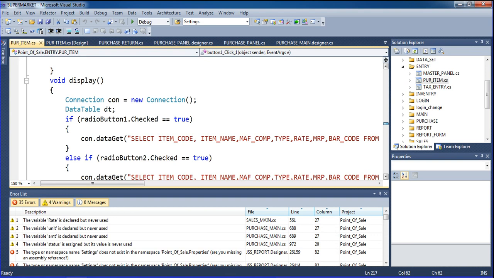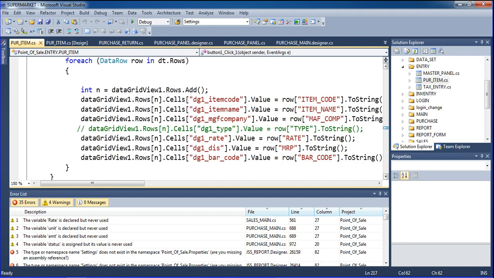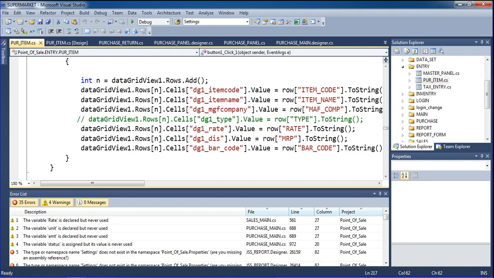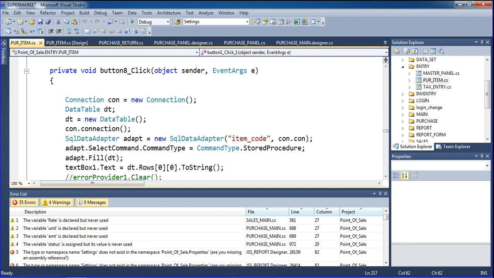The item code and the two radio button concept I also told you about, so like this you search from the data table to this data grid view. Now go to the automatically generated item code, what I declared as the last event. The code is automatically generated. Here I am using the stored procedure. What is that stored procedure? You don't know the stored procedure.